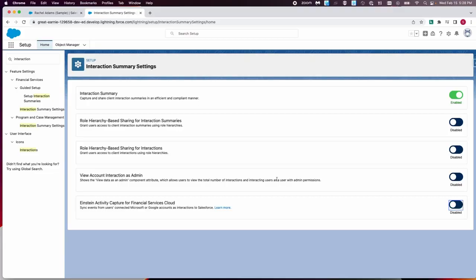A couple other things that I'm not going to be able to visually show you that were worth mentioning. There were some updates related to assessments in the discovery framework of Financial Services Cloud for Spring 23. Like you're going to be able to pre-fill data from previous assessments. You can build forms using OmniScript elements and so on. So those are some nice updates. And then for the actual segmentation, which is a beta feature, users are able to segment their own clients for outreach purposes. So there are a handful of updates there that you all should check out as well